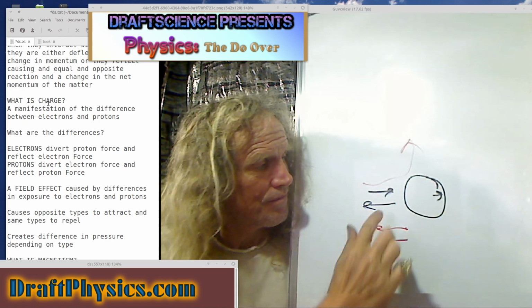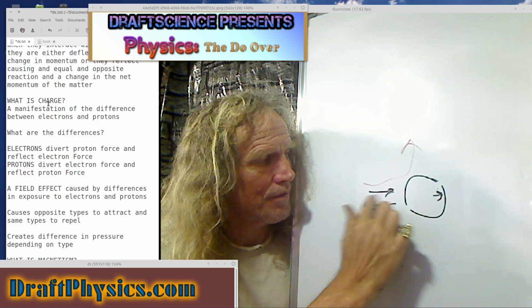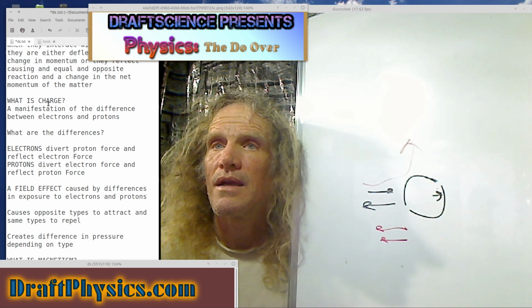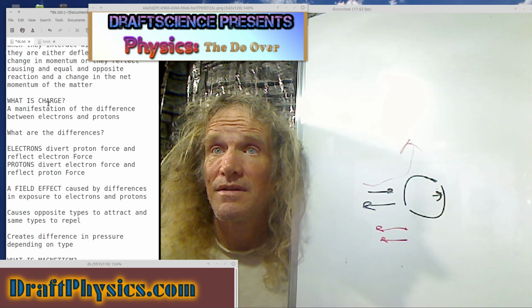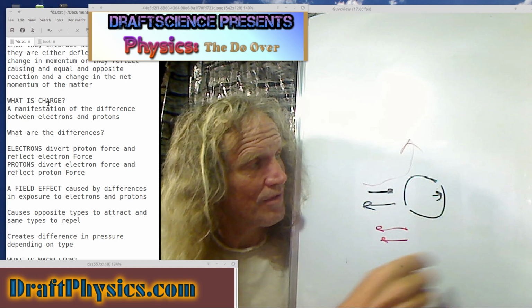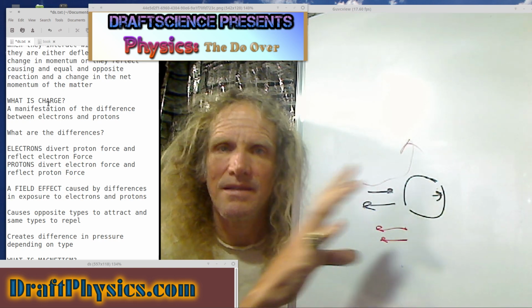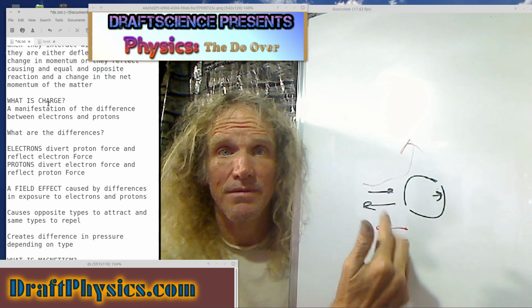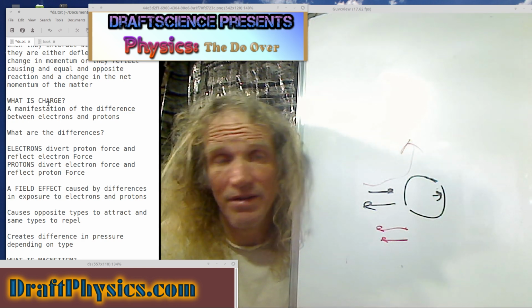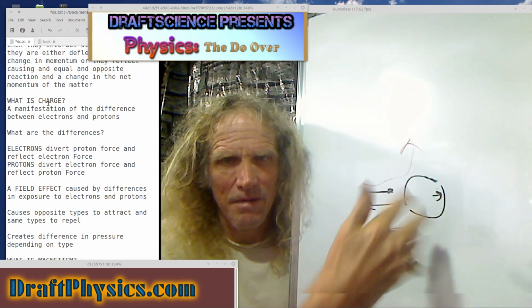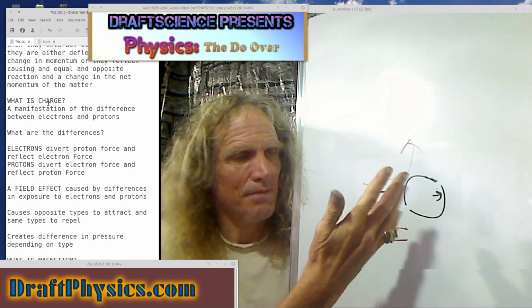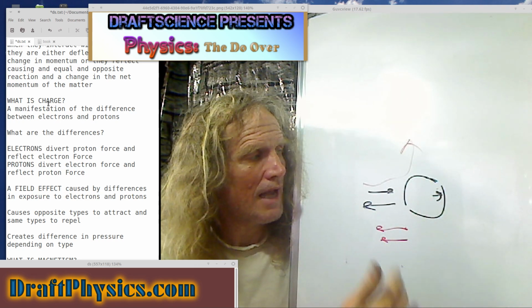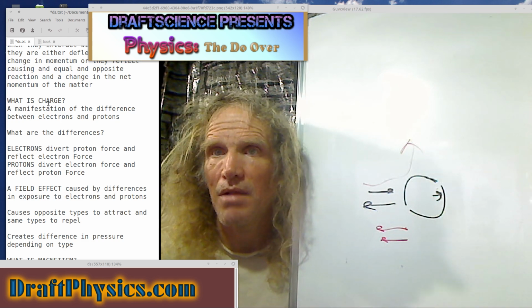You can think of it as one goes right through and the other one reflects, and obviously that's going to make a difference in what you see. Okay, caused by the difference in exposure to electron and proton. So as I arrange electrons and protons, I will see the world differently, because you can think of the electron as a mirror to some kind of energy, and a proton a mirror to another kind. And so if I mix them up in opposite relationships, I would end up with completely opposite looking, more red and more black, and then a mixture of the two, and so on.